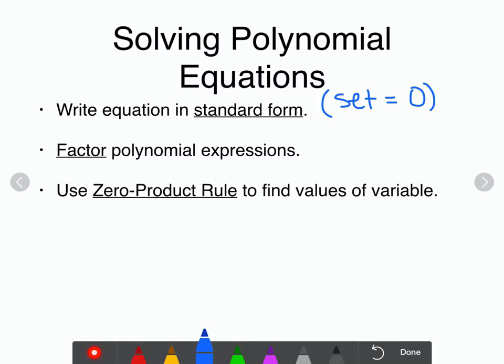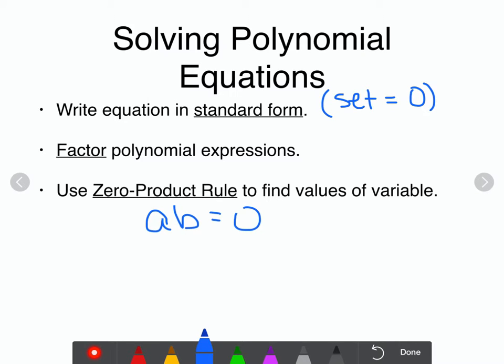Lastly, once we have our polynomial expression factored, we're going to use the zero product rule. That's why it's important in step 1 to set our polynomial equal to 0. The zero product rule says that if I have a product, and it doesn't have to be 2 factors, it could be 3, 4, 5, as many factors as possible,